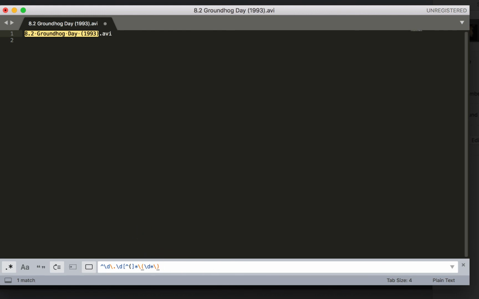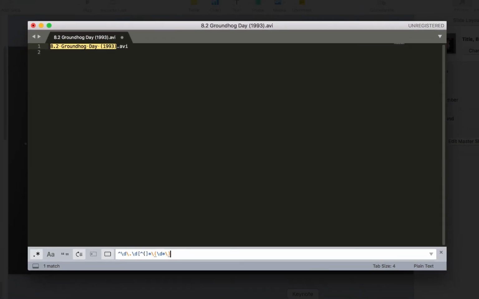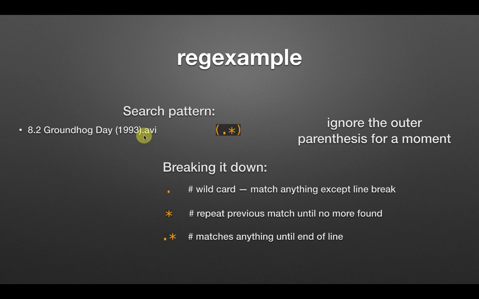All that's left is really the movie extension or the file extension. And this one's relatively easy. So your movies could be .mp4, .avi, .mov, all sorts of things. Rather than try and do something fancy, we know that it's going to be the end of the line. So let's just keep it simple. Again, ignore the parentheses for now. And just put a dot, which is a wildcard for anything except a line break. So it won't go to the next line, thankfully. So wildcard, repeated until no more are found. So basically, anytime you do a dot star, it's just going to finish off your line. So if we do dot star,